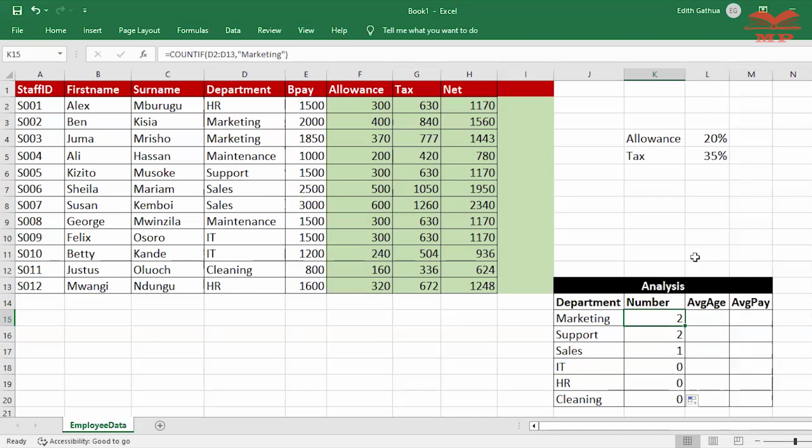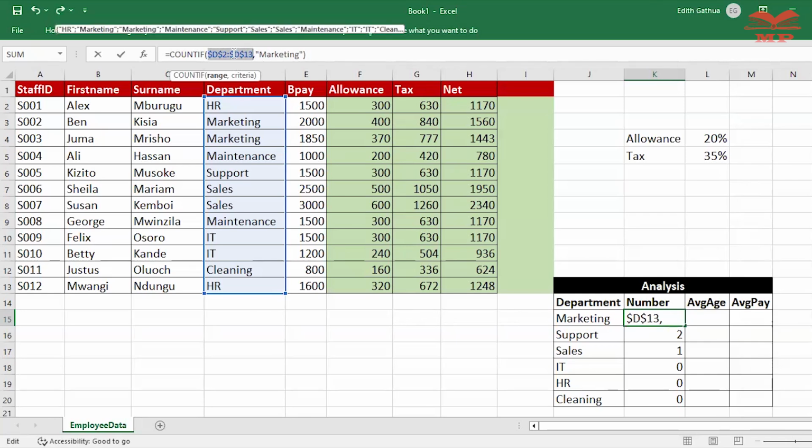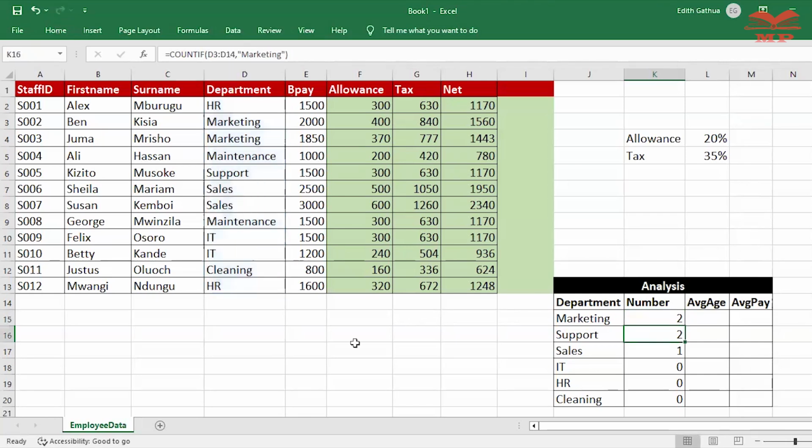So it takes us back to the idea of absolute reference. I want this range to be fixed where it is looking for these things, right? So I need to apply absolute referencing to that section. I will highlight it and then press F4, right? That fixes one of the problems. Now if I autofill this one, I'll get 2 all through because it is looking in the correct range all through,